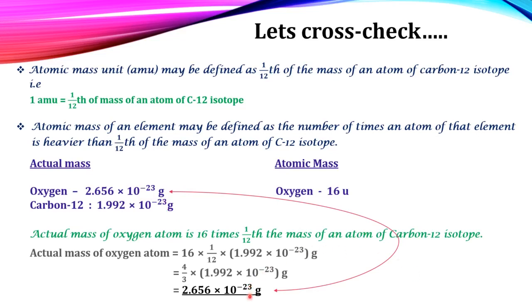So this value which is in grams for oxygen, you can figure out that it's a very inconvenient value. So in place of this, we are using 16. It's a whole number, much easier to handle for any sort of calculations or references, right? So instead of this, we are going to use this in the atomic mass scale. Okay, so I hope you got it.